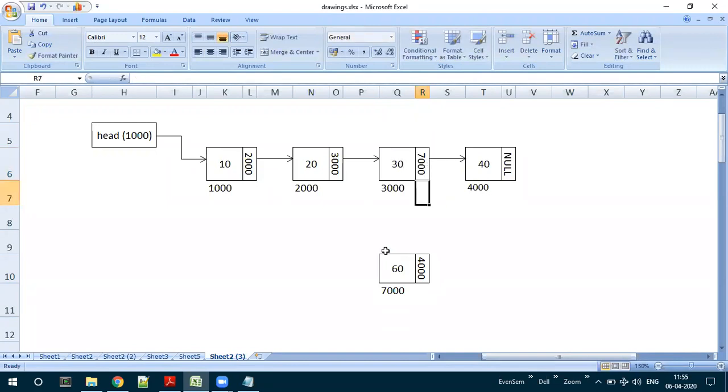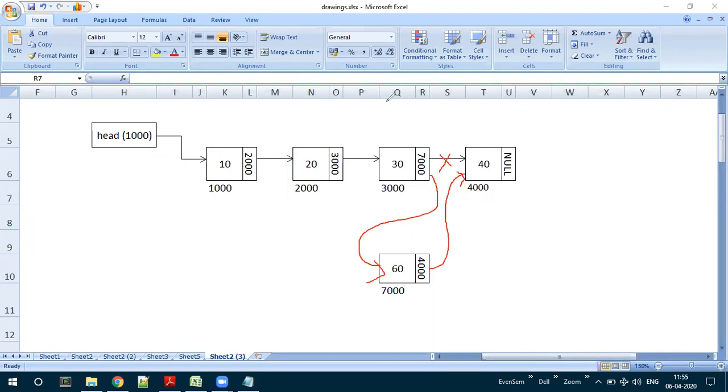By just simply doing these two steps, what can we do? We are disconnecting, that is, removing the existing link over here, and we are establishing a new link in this particular manner. We just broke this particular link and established a new link from the new node over here. Okay, this is the way we need to insert a new node at a specified position. The specified position here is after the 30 element. Diagrammatically it may look very simple, but programmatically there are a lot of steps that have to be taken care of here.